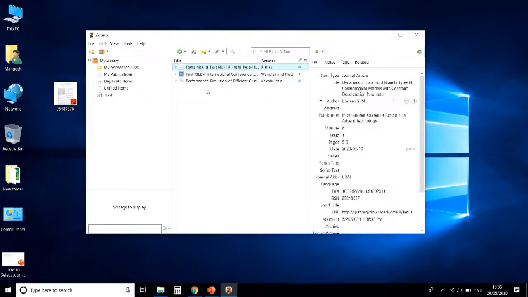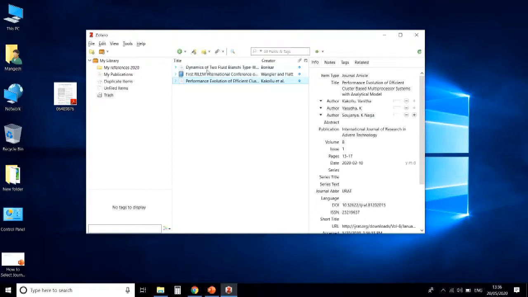It is always saved in the last folder you opened in Zotero. Lastly, I opened my references 2020 folder in Zotero, so all these references are added in my references 2020 folder. Check this.